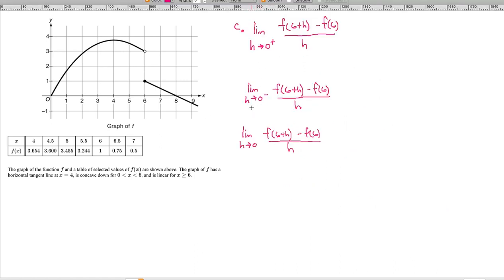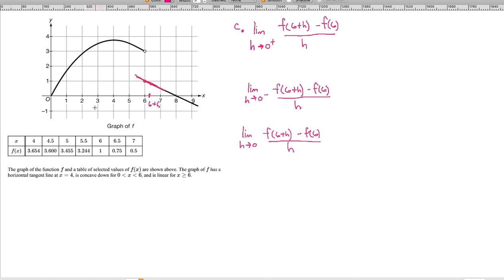To evaluate these three limits, we have to be careful when we're doing this. So let's look. This is saying the limit as h goes to 0, but from values above 0. So f of 6 plus h, that's over here, that's 6 plus h. And if you look, this here minus this value, which is 1, as I get closer and closer, it's just going to be exactly the slope of the tangent line at 6, if we drew this line,